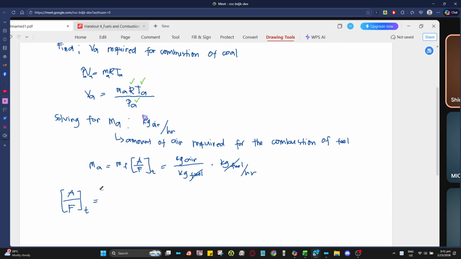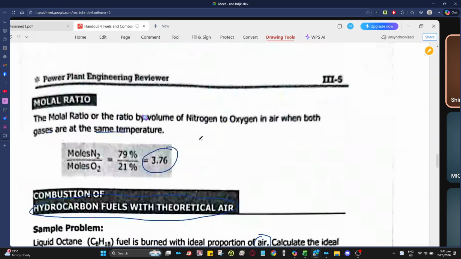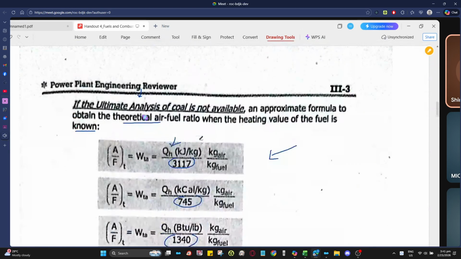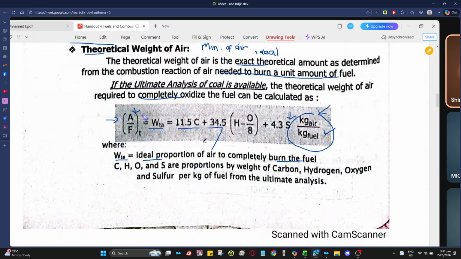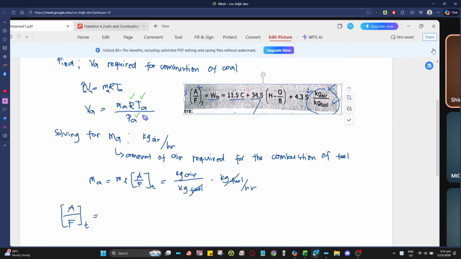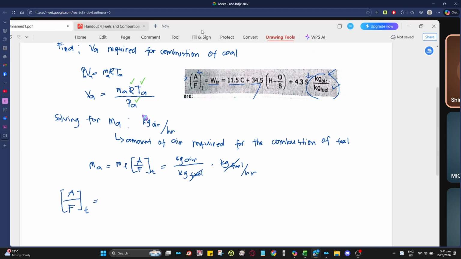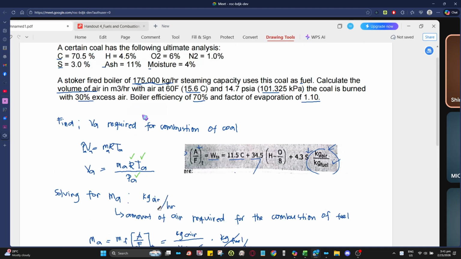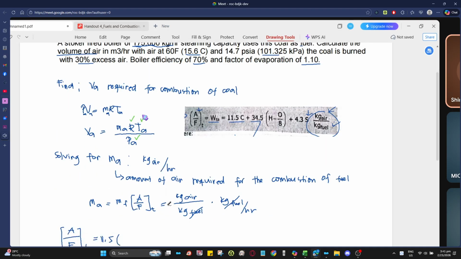So we have 11.5 C. So ato na yung i-show. Carbon content is 70.5,